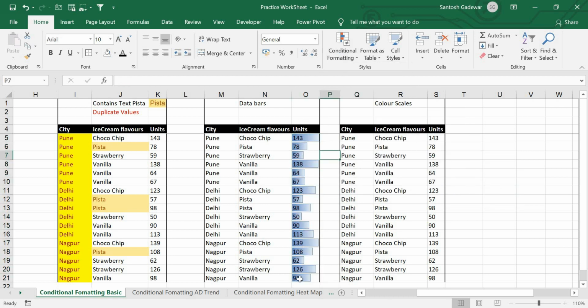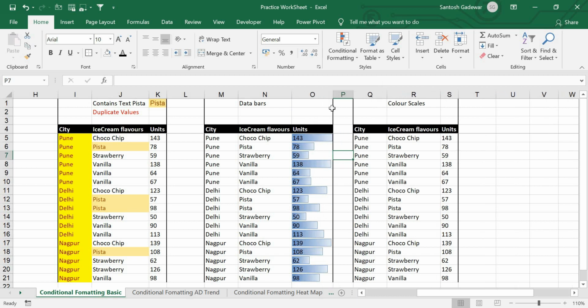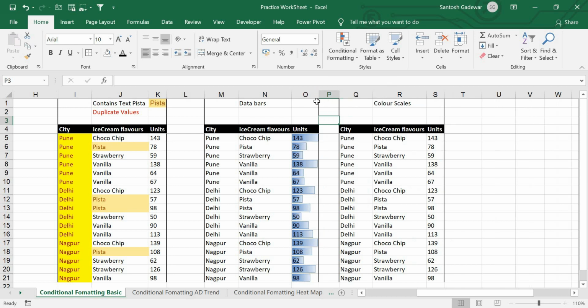Now if you see what it has done, it has filled a color bar into the same cell where your numbers have been inputted. What it's exactly doing is, it is selecting the maximum value amongst the selection, and it is filling it fully, and all the other cells are getting filled based on the cell value between the maximum and 0. Okay, in this way you do data bars.